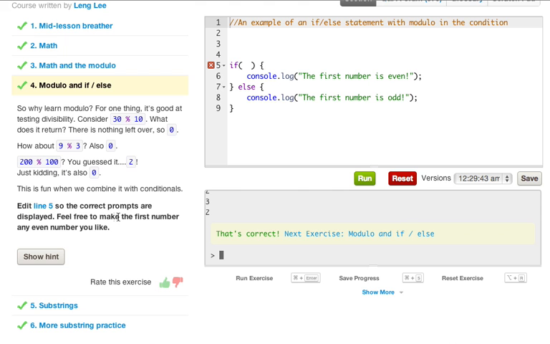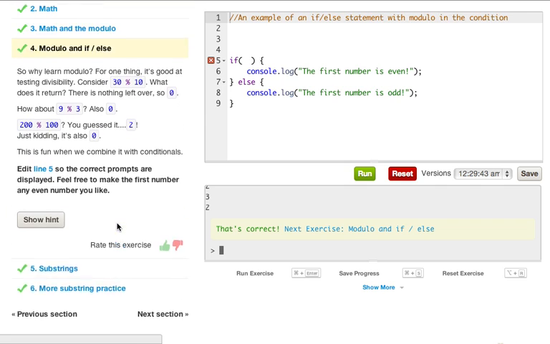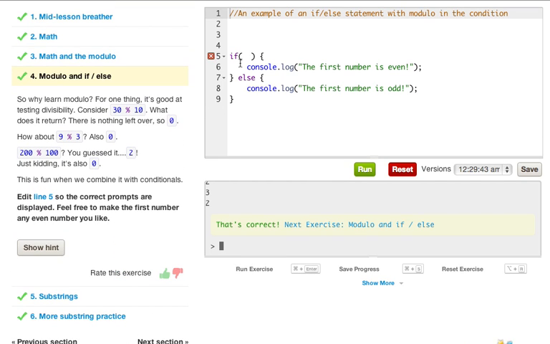Edit line 5 so the correct prompts are displayed. Feel free to make the first number any number you like. So, an example of an if-else statement with the modulo and the condition: if the first number is even, else it's not. So what we can do here, since we haven't learned variables yet, we won't get too advanced, so we can just do if